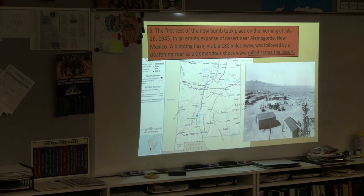That's a big flash. Okay, Kansas is just about 200 by 400 miles. We're about a 2x4 state. There's some rounding in there, but just about. So 180 mile flash, and then the shock wave. The shock wave sometimes does as much damage as the actual explosion. So atomic bombs have 3 basic things that destroy. The first one is the actual explosion, the boom itself. The next is the shock wave, which is the moving air from the